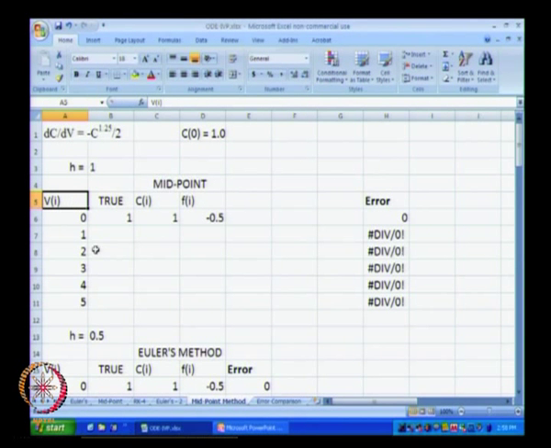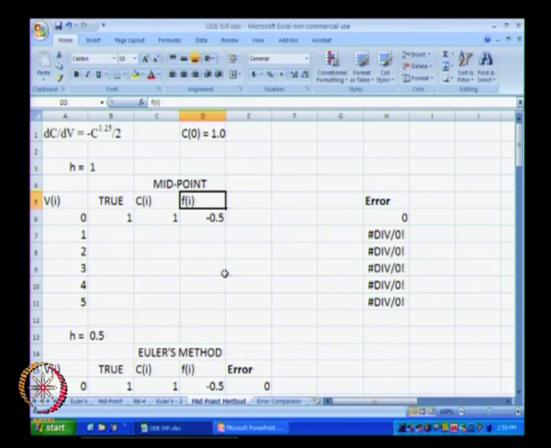Okay. What I have over here is the volume of the reactor, and we start off with volume V equal to 0. The initial value for this particular problem is the concentration starting at 1, and so we have the concentration Ci plotted over here.